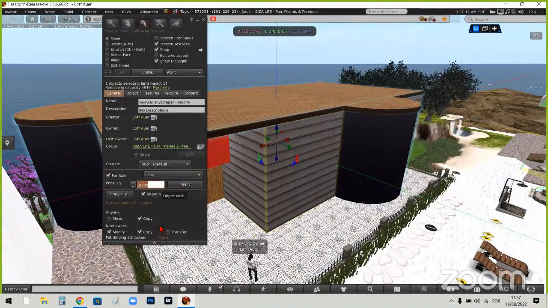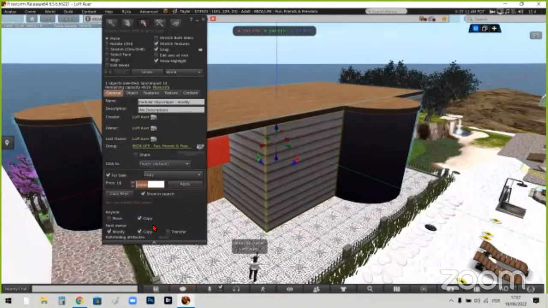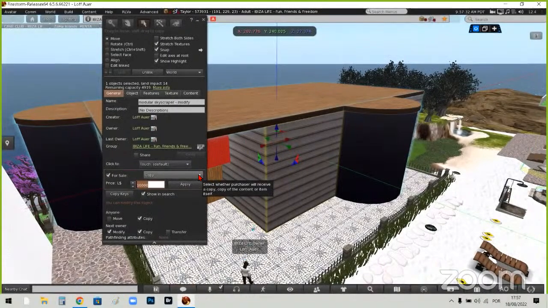And now you must decide if people are buying a copy of your house, so whoever comes here pays 10,000 lindens and gets a copy in their inventory, or if this is completely scarce, this is the only house I made available, only this one, this item only once, and I say